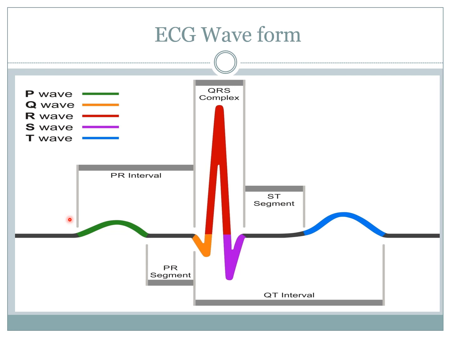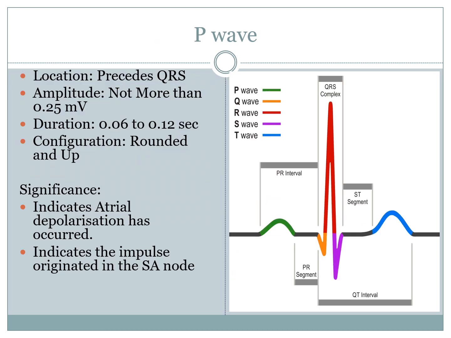P wave itself is the depolarization of the atria. Okay, so this is what happens when the SA node is initiated and the impulse is passed across the atrium and down to the AV node. The reason we get that nice curved morphology is because of the way it travels from the SA node around